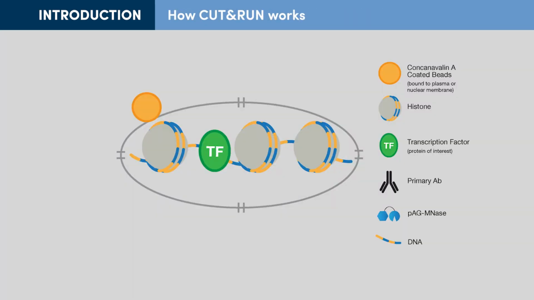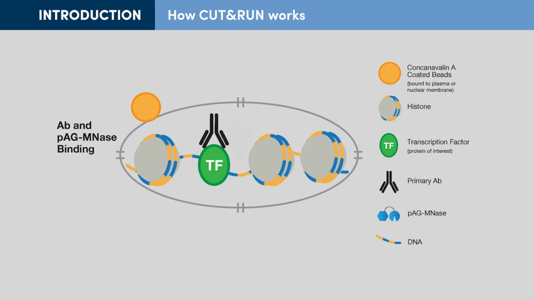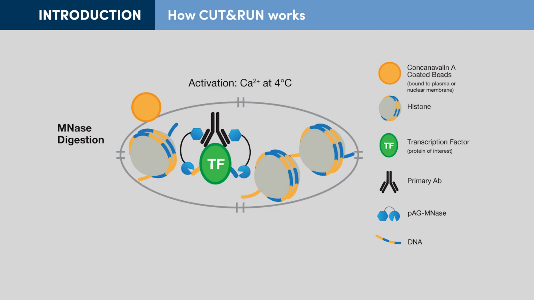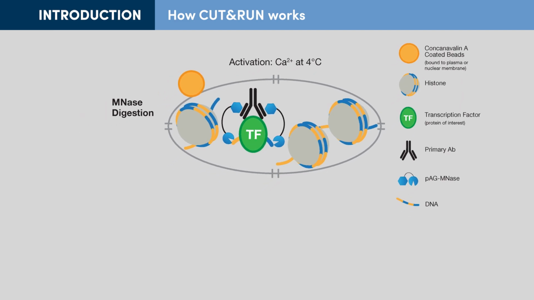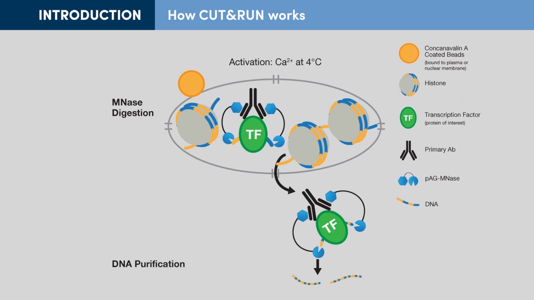The cut and run assay relies on the specific binding of an antibody to a protein of interest, which may be a histone modification, transcription factor, or cofactor. The enzyme protein A protein G micrococcal nuclease is added next and is recruited to chromatin by the interaction of the antibody with protein A or protein G. When calcium is added, the enzyme cuts the DNA at sites of the protein-DNA interaction. The complex containing the digested DNA is free to diffuse into the supernatant, while remaining chromatin remains trapped in the nuclei, simplifying subsequent DNA purification.